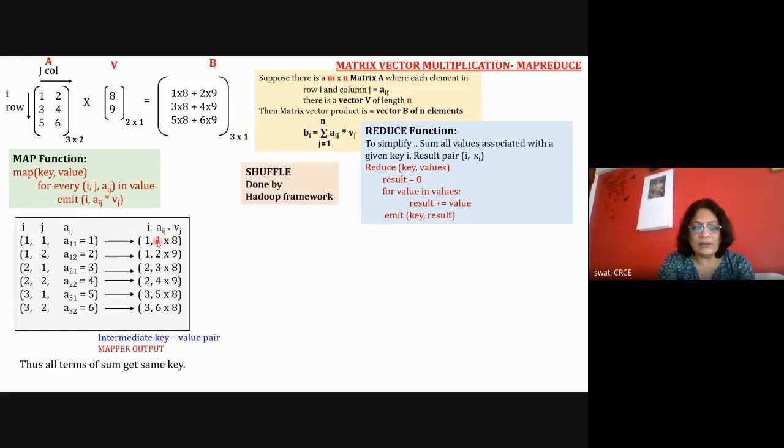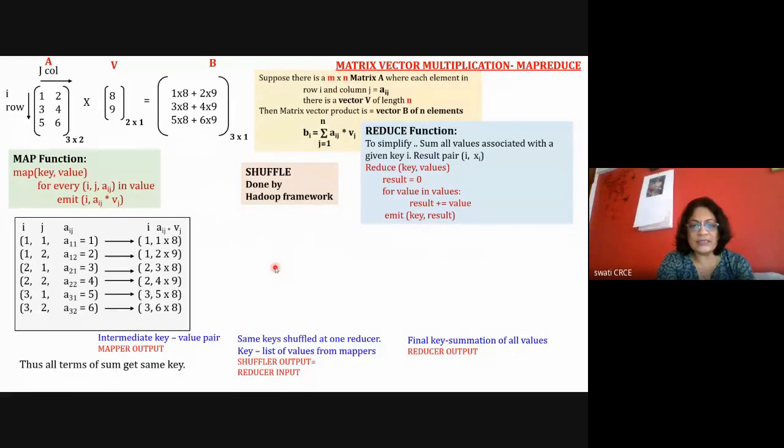Okay, so the shuffler's output will be the input to the reducer. And what the shuffler will do, just remember, this is the important thing: it will return this information in such a way that it returns the key with the list of values. Here the mapper output is a key and a single value. But now for a particular key, the shuffler will create a list, a Python list or a Java list. It will create a list of all the values combined together, with the key, and it will send it to a particular reducer.